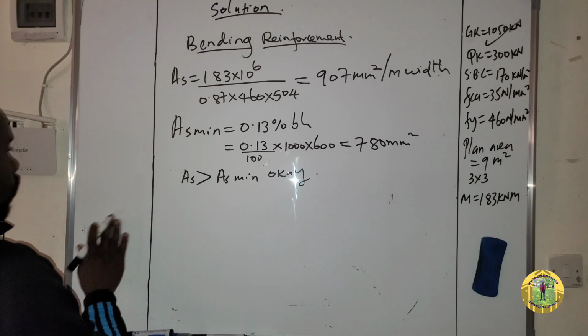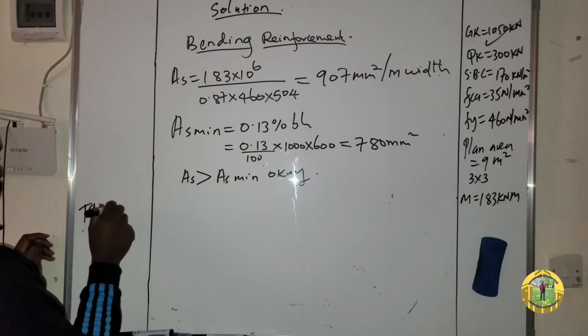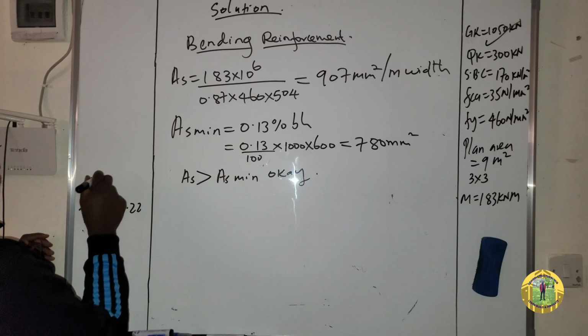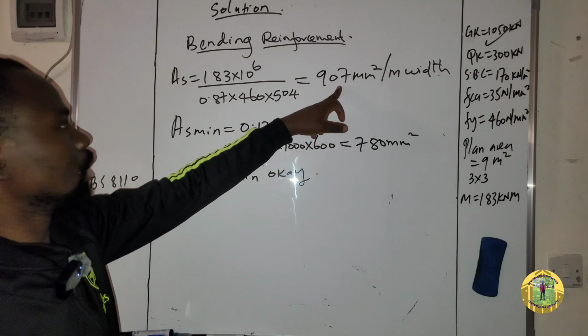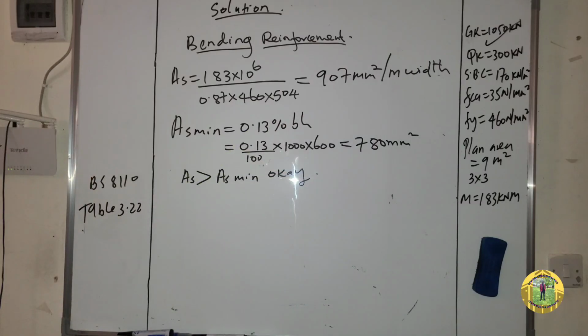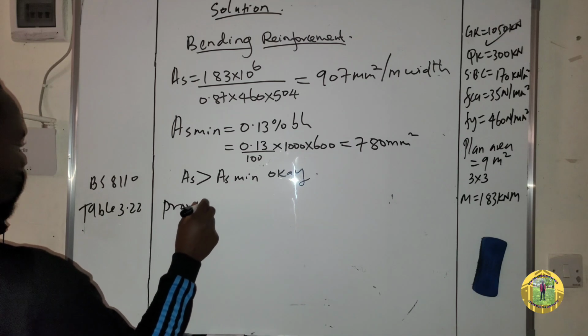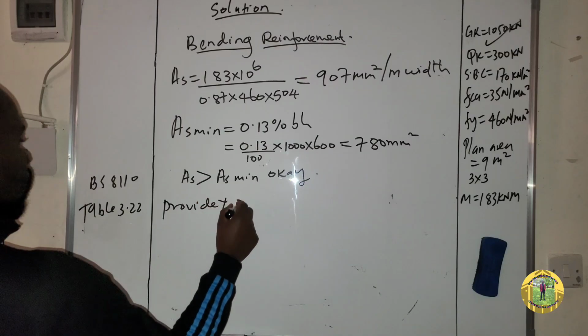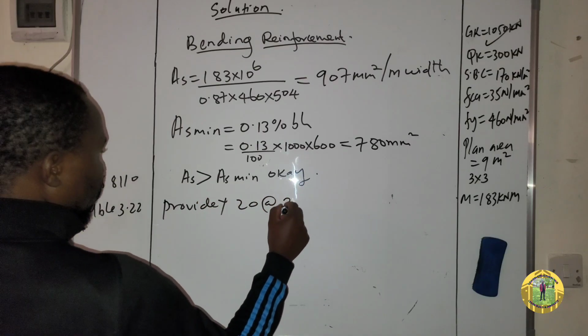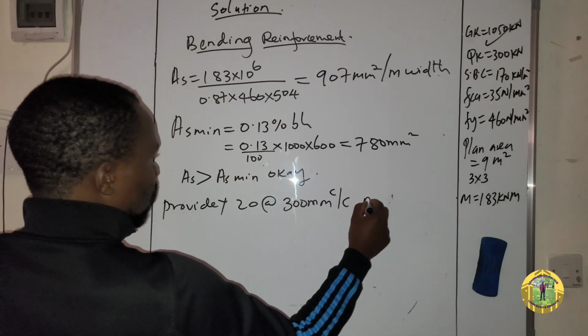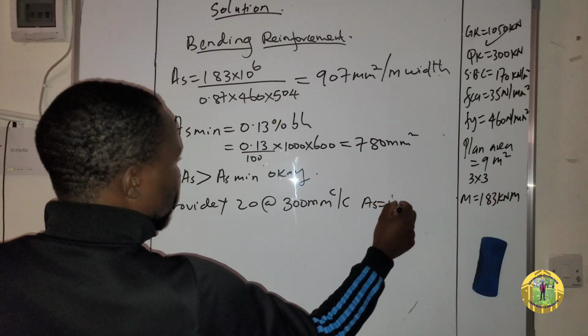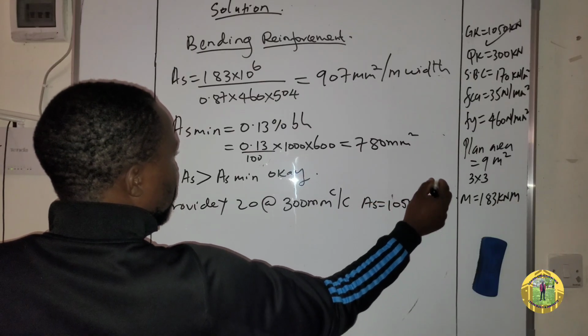We now proceed to table 3.22 of BS8110. So in this table, you now convert this area into a bar size and a spacing of the bar. So provide Y20 at 300 millimeter center to center. Area of steel is equal to 1050 millimeter square,